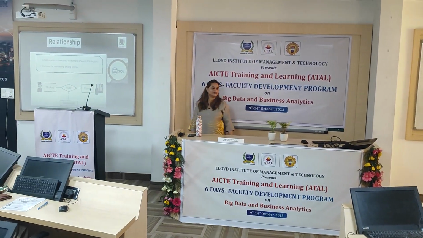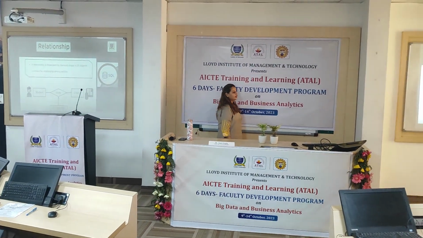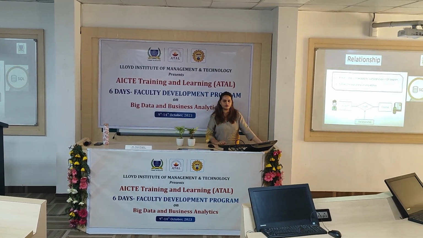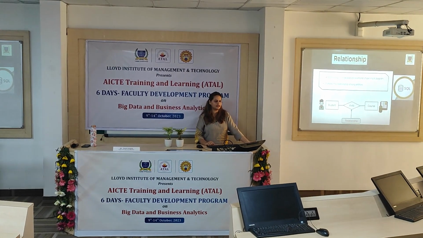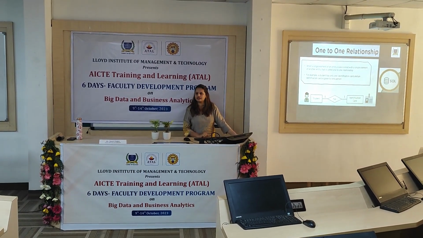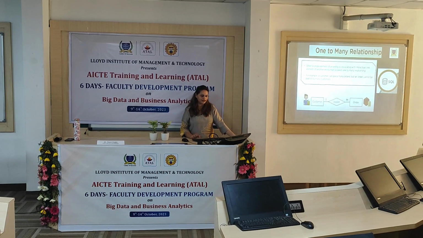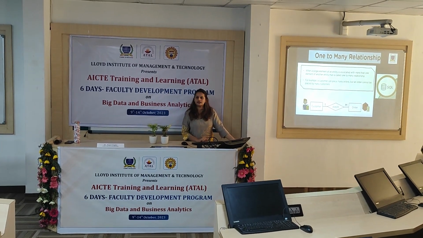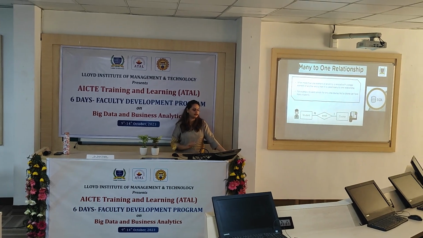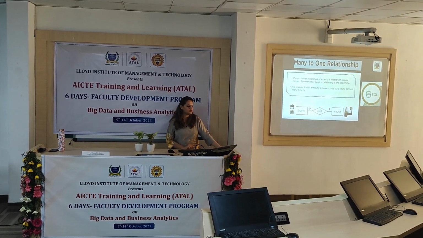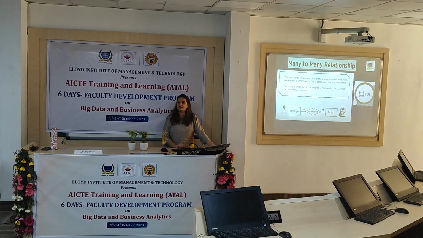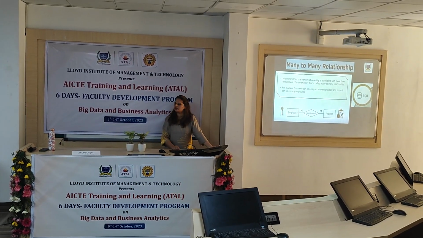So relationship, because we are studying relational database management system. So in this case, relationship is very important. As you can see that we can have one-to-one relationship also, and we can have one-to-many, many-to-many, many-to-one. So one-to-one, student has identification card, ID card, that is one-to-one. One customer can place multiple orders, right? That is one-to-many, many-to-one. Many students can enroll to one course, and many-to-many, many employees is assigned to many employees.